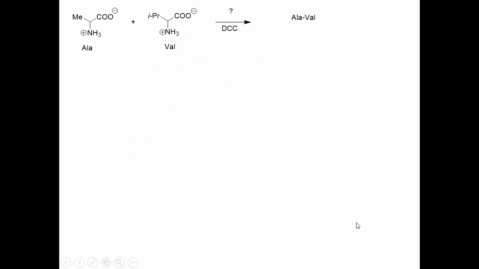All right, so problem solved. All we have to do is take two amino acids. So let's say we want to make alanine as the N-terminal amino acid and valine as the C-terminal amino acid. Very simple. We're just going to take the free amino acids and some DCC and mix them, right? Turns out we're going to actually get some of this product, but this is not really a good method. Not only are we going to get alanine-valine, we're also going to get valine as the N-terminal amino acid and alanine as the C-terminal, so we're going to get